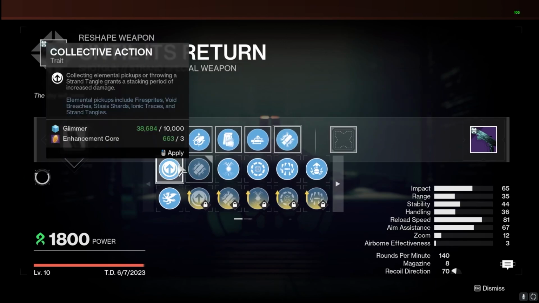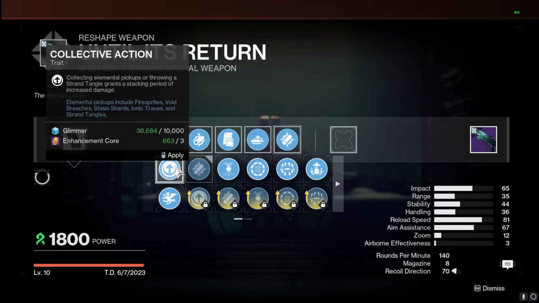We also have the option of Collective Action. Now this gives us that nice little bit of damage when we collect Firesprites, Void Breaches, Stasis Shards, Ionic Traces, Strand Tangles. So the options are pretty endless and it doesn't make this specifically towards just Strand synergy. We can have that nice damage from collecting all of those. So if you're using like your Arc Hunter with Assassin's Cowl, Liar's Handshake, something like that, getting all of those Ionic Traces, you can get this to proc as well and do some nice damage,